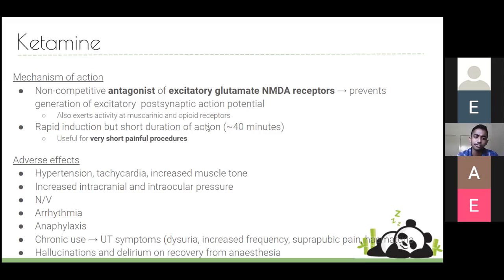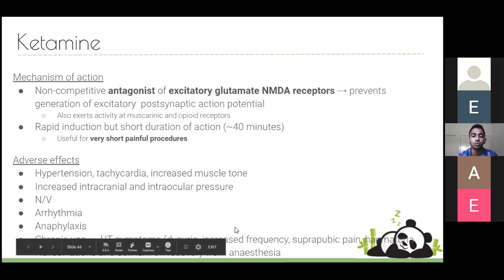It's got a whole bunch of different side effects, which honestly aren't worth remembering that much. I would focus on probably the last two. So your lower urinary tract symptoms. So people get problems peeing, basically.